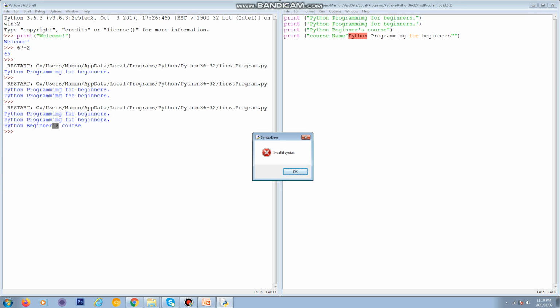It says invalid syntax because I opened the bracket here and closed it here. Up to here is absolutely fine, but here something else is happening. So to overcome this, I can use this one as a single quote, and this one also a single quote. If I run this,